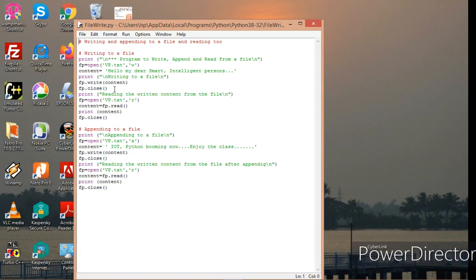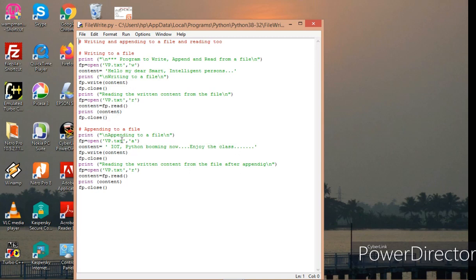Then I am closing it and I am opening the same file vp.txt now in R, read mode, and reading the entire content of this file with the help of the read method of the object fp and storing it in the variable content. I am printing the value which is there, nothing but the content of vp.txt, and it will be displayed, and I am closing it.